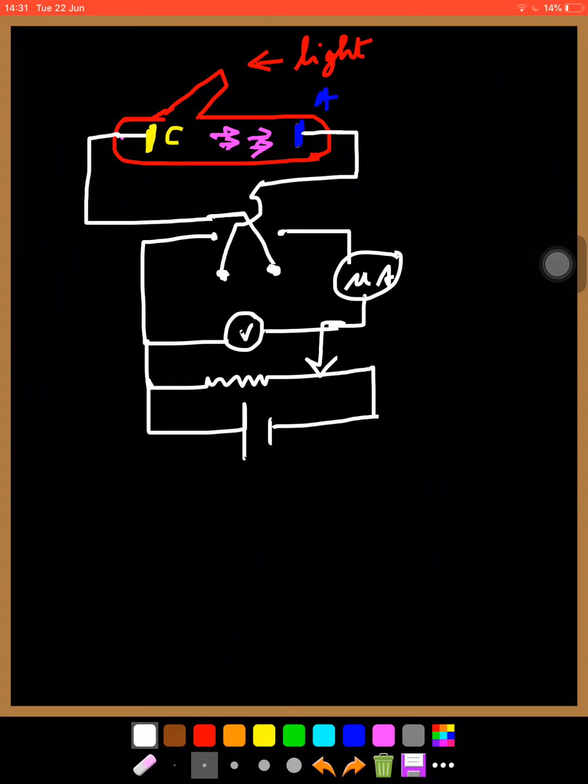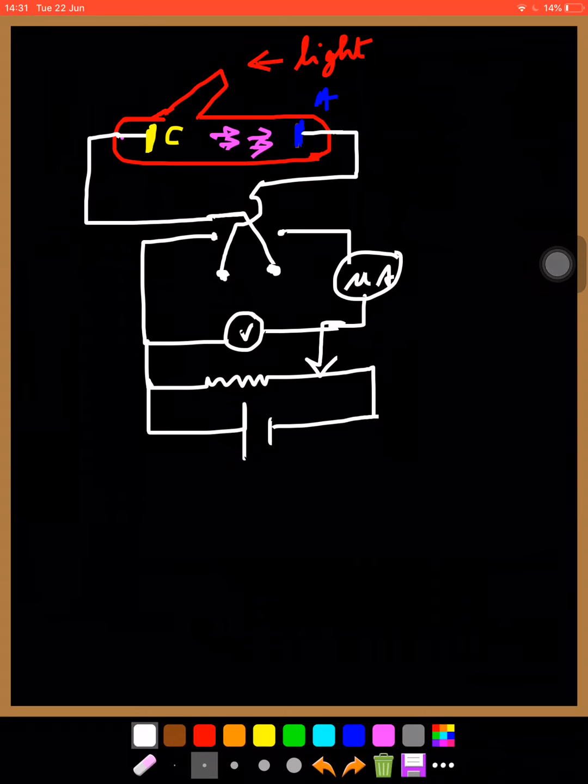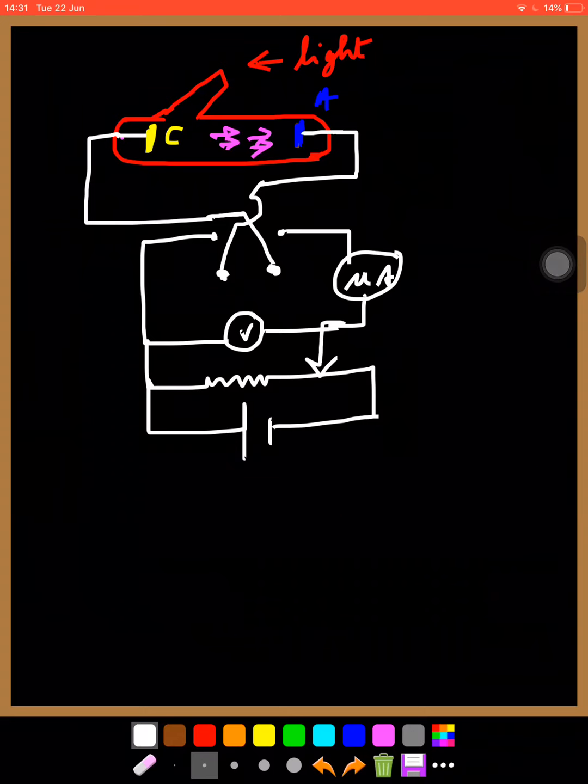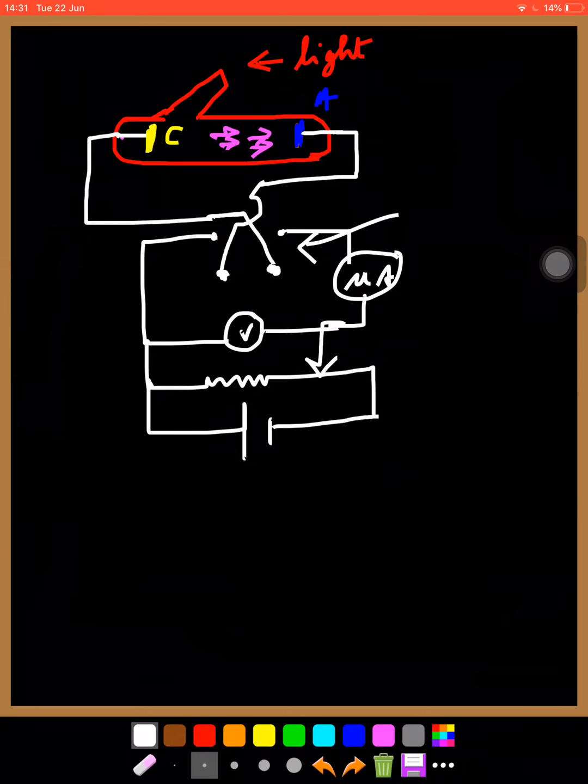There is a commutator arrangement here, and with the help of the commutator we can apply positive potential to the anode and also negative potential to the anode. That is, the collector can be given negative potential or positive potential with the help of this commutator. This is a commutator,